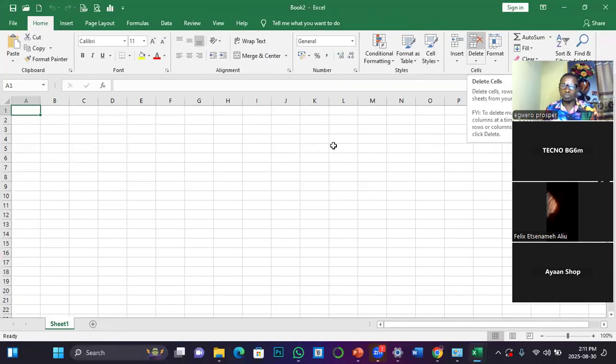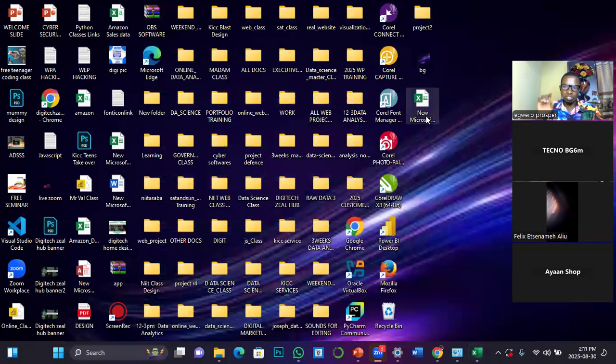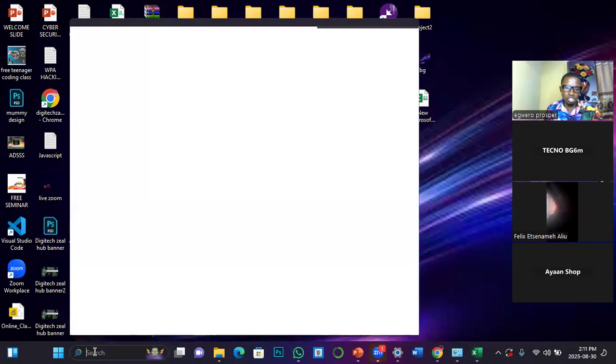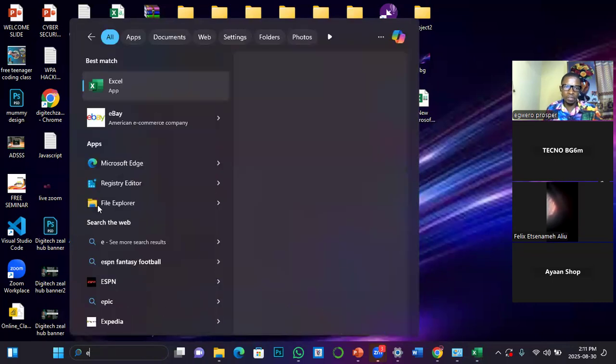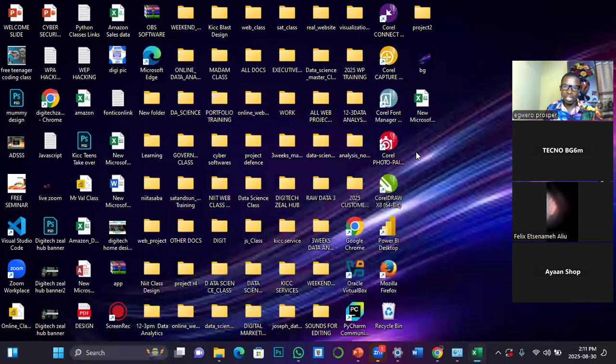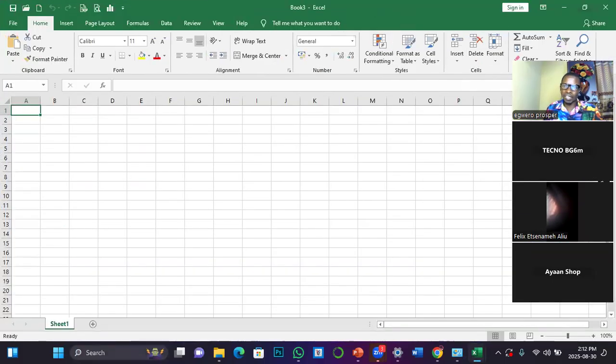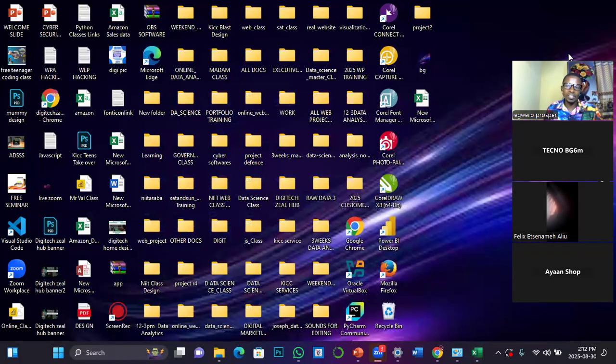Brought us to what? To the environment, just like the way the shortcut opens it. Now, let me close it because there is something I want to show us. So if I come here and I search here, not through that session, and I search here using the search bar, and I click here, let's watch how it's going to open. So this is also taking me what? To the interface direct.